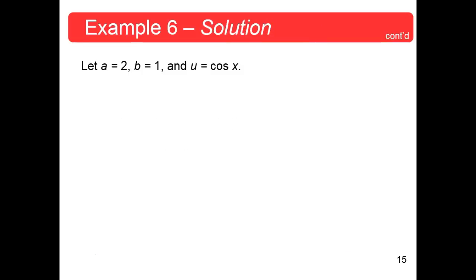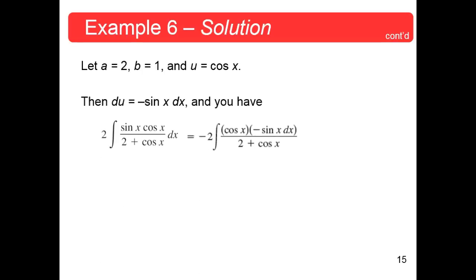Plug in, let a equal 2, b equal 1, and u equal cosine x, and sure enough, your du is minus sine x dx, so you have a minus 2 out front, and the cosine x is u, and the sine x is du, so there we have pretty close to the form that we need, only they didn't show it as the form that we needed, and they just did a direct substitution in there, and you've got it. Now, one more step, and they